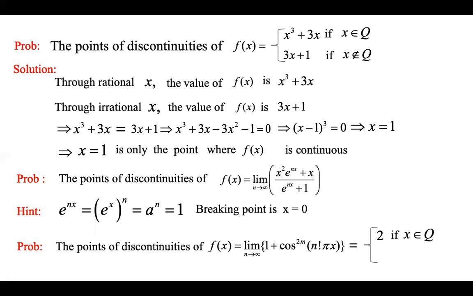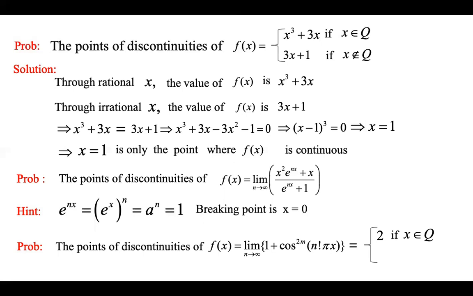Again I am explaining, when x is rational, x can be replaced by p by q. Please take a paper and a pen and check it. Stop the video there and check it by writing. When x is equal to p by q, that q can be cancelled with one of the numbers in n factorial. So the remaining is some integer times pi. Cos of integer times pi is plus or minus 1. Such a quantity raised to the power 2m has value 1. So 1 plus 1, which is 2, when x is rational.